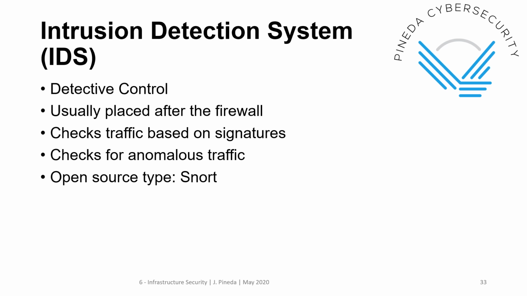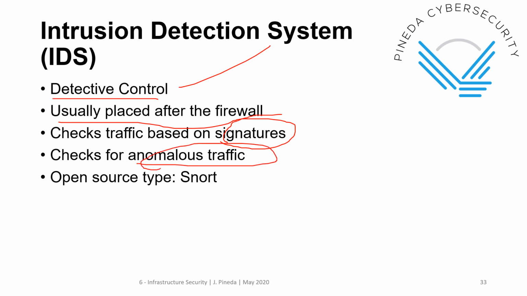So you have to put what we call a detective control, such as the IDS. This is usually placed after the firewall, and it checks traffic based on signatures or patterns. Okay, it also checks for anomalous or behavioral